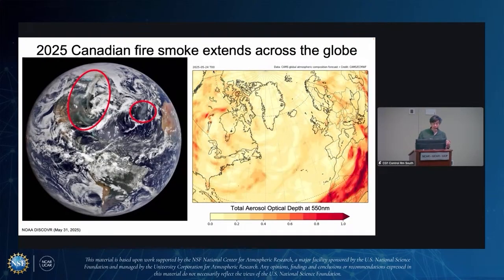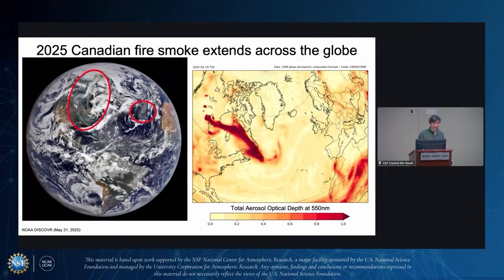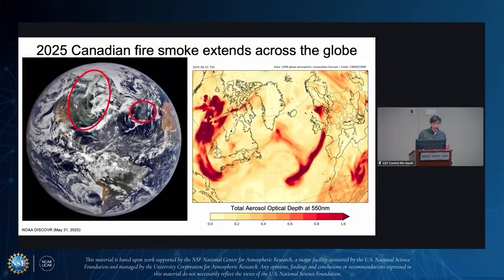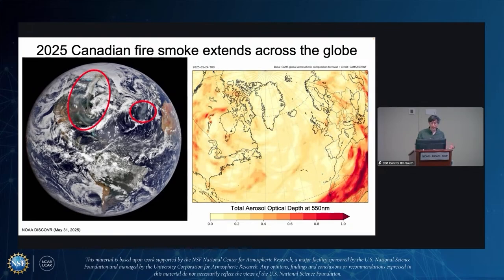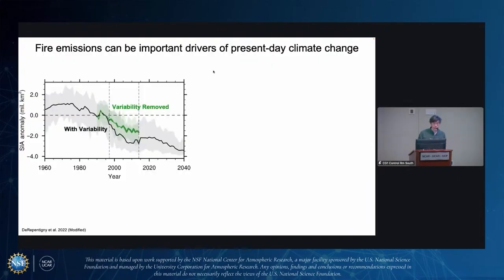So this diagram begs the question of, since we can see this smoke from space, and we know that it's globally distributed, how does the smoke affect climate? This question has largely gone unanswered, but a few studies have worked to try to answer it. By isolating variability in climate models, specifically here CESM2,